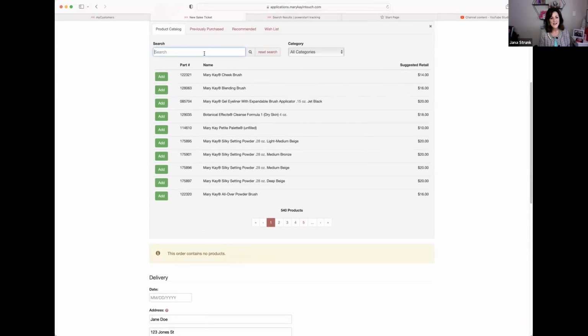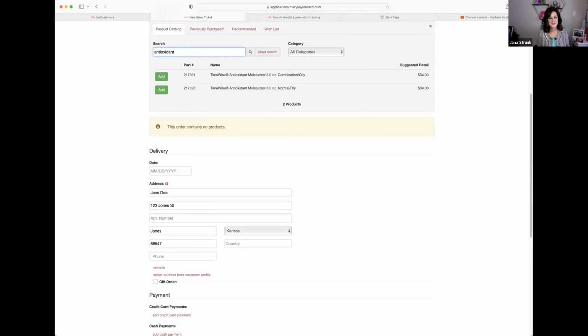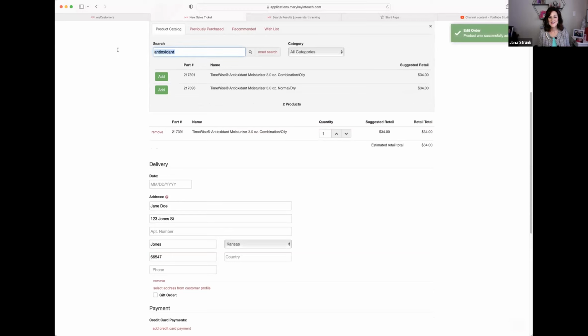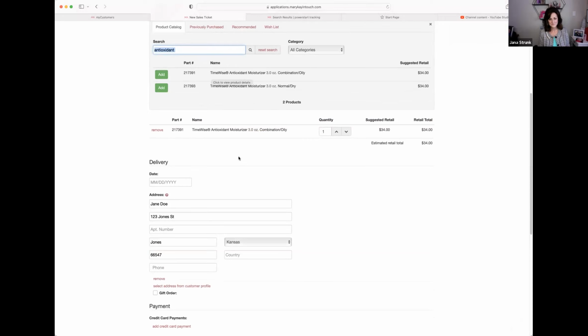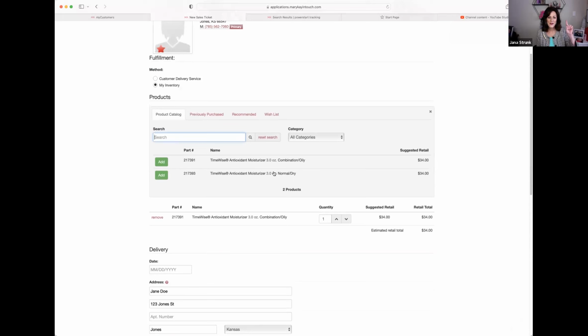And let's just say that she got an antioxidant moisturizer. So if I just type antioxidant, it's going to pop it up and give me a choice. I'll select the right one, and then you can see it goes right here down below. Okay. Let's say that's all she got, but I want you to know that if you do a CDS order,